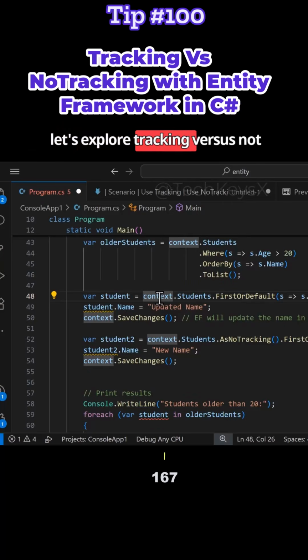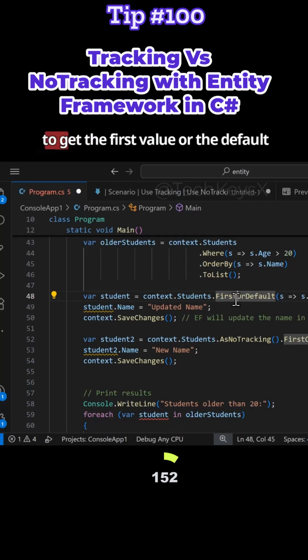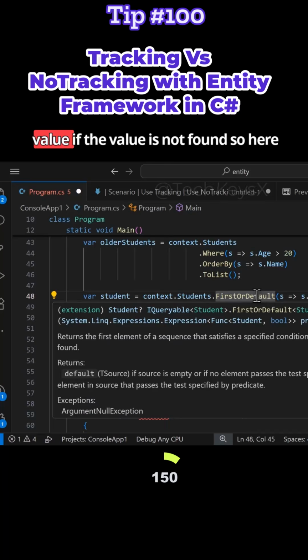Let's explore tracking versus no tracking in Entity Framework. So here you can see we are using the students table over here. This is the data model that exists within Entity Framework that links in with the backend table called students. And what we're doing is we're just going to get the first value or the default value if the value